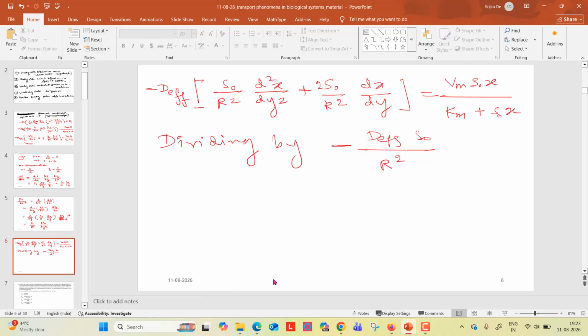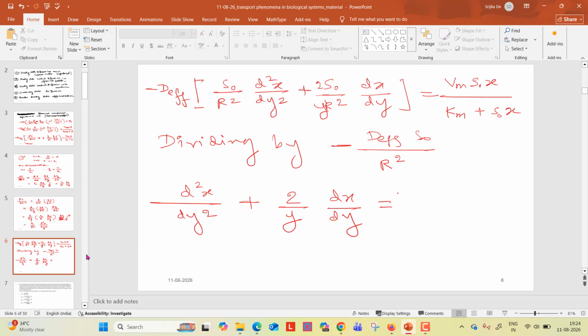What is coming? From the first term, this term will go away, so it will be d²x/dy². In the second term also it will be just plus 2 by y dx/dy, because it is small r there,